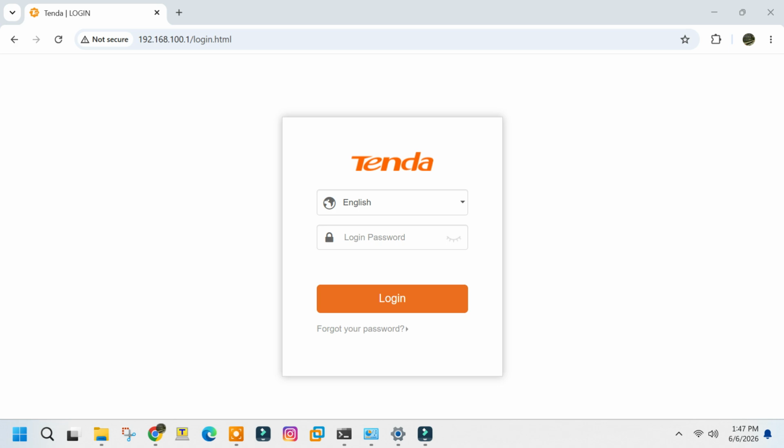Welcome to today's lesson. I want to show you how we can connect a home Wi-Fi router. I'm using a Wi-Fi router called Tenda. You can use any, depending on which Wi-Fi router you have. For example, you can have a Tenda router, D-Link routers, TP-Link routers, Linksys and